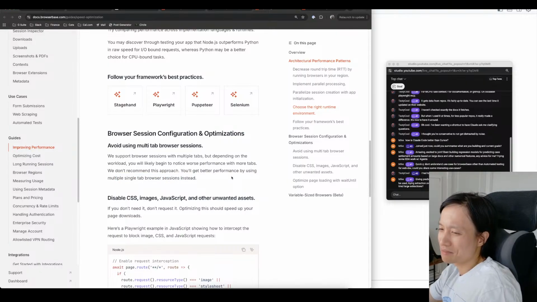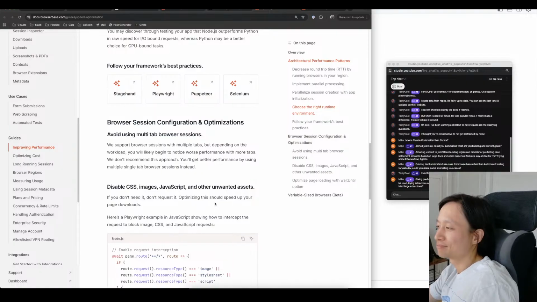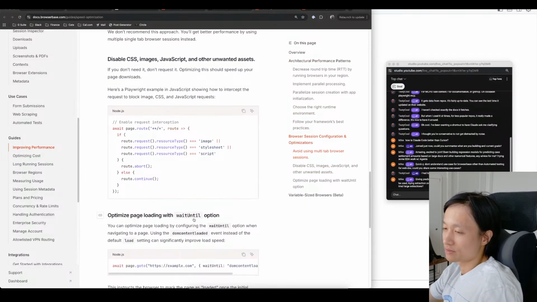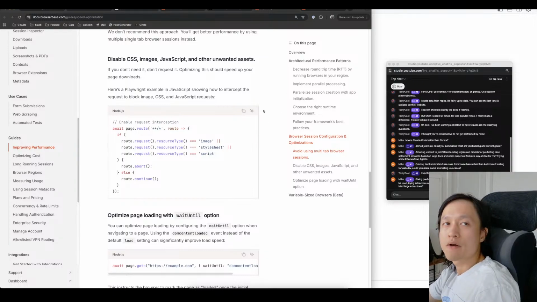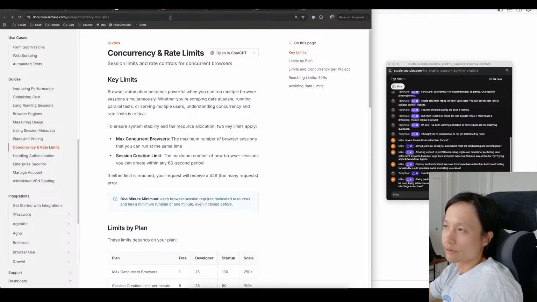Because they're trying to get my money. How many tabs are we talking about here? Like 2? At least 2 is like half the cost, right? Because half the time. So if we pay for, let's say